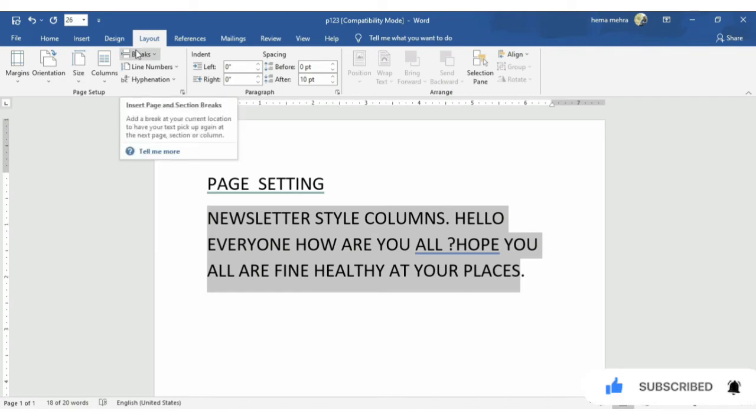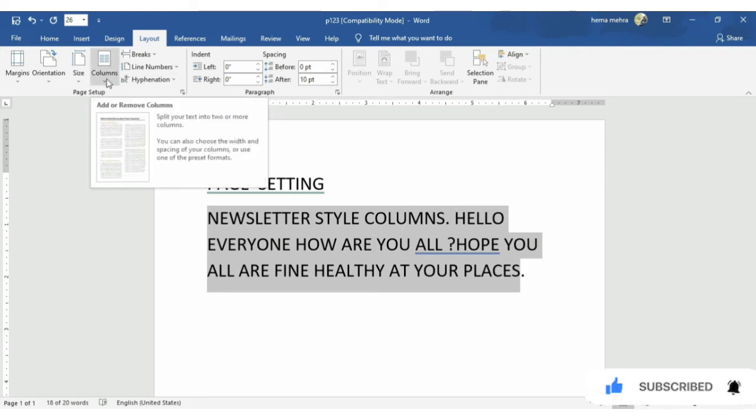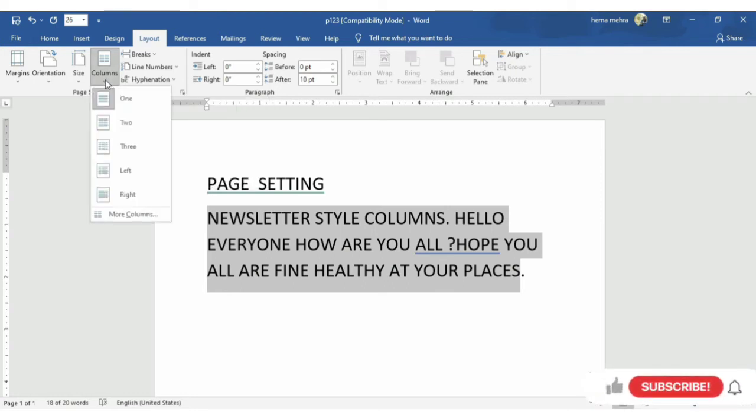Now you can see here under the page layout option, again the page setup option which we have already selected. Here you will find a column option. Can you see this one? Column option is given. Press here, and after clicking on column, one more dialog box will appear.